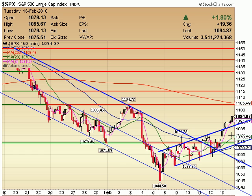That can happen anytime. Here is our overhead area. Now that we have broken 1085, my next level was about 1090-ish or so. You can see we stalled there. That was the 20 MA on the daily. Now that we have broken up over that, I really don't see any reason why we cannot reach this 1100-ish